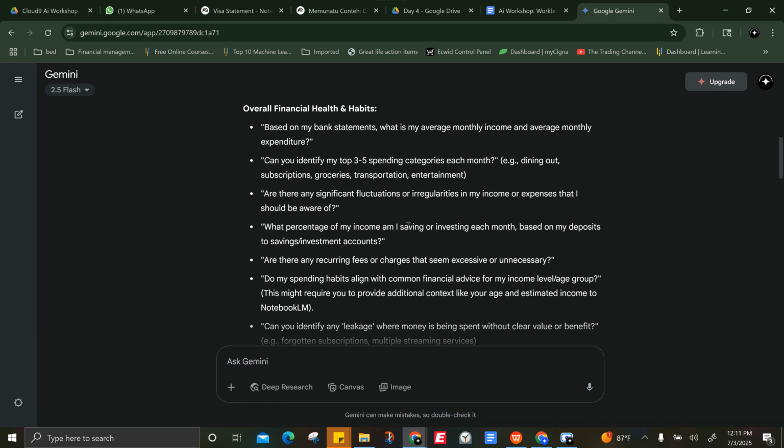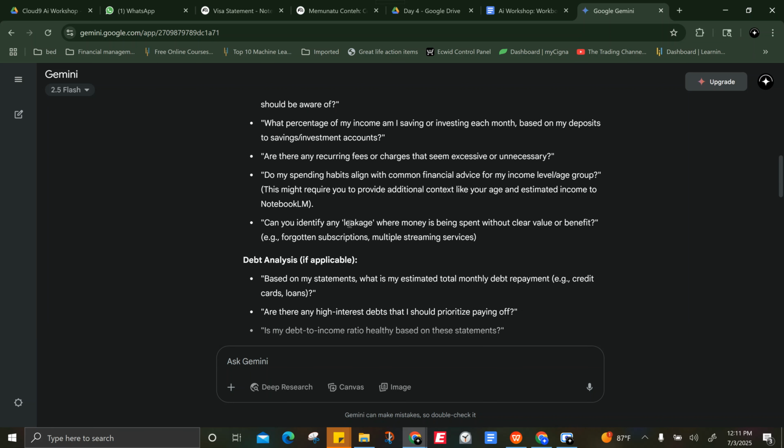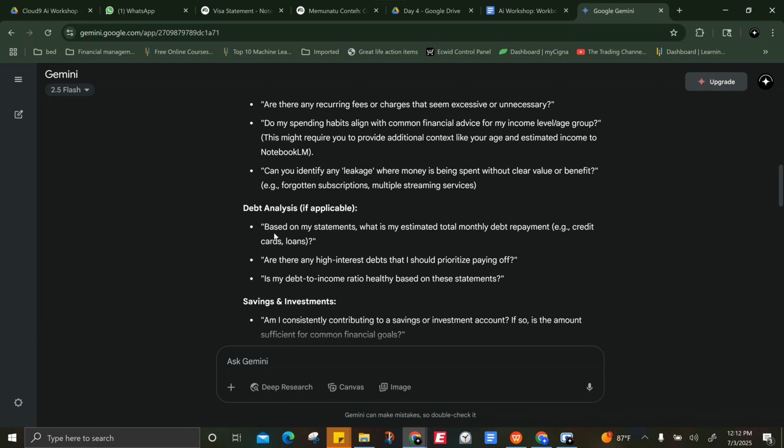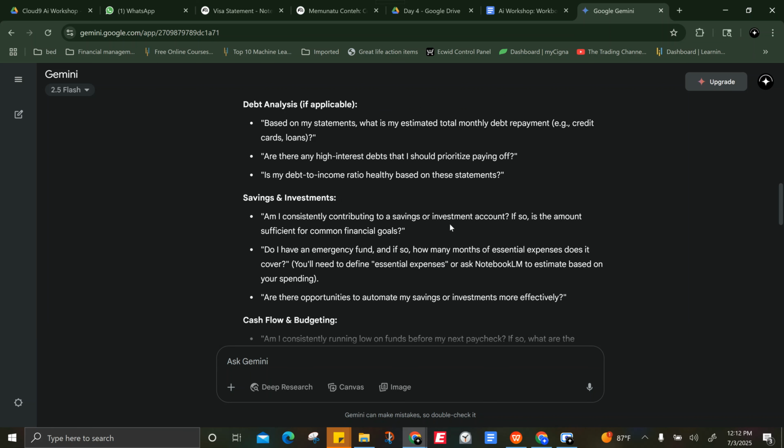What percentage of my income am I saving and investing each month based on deposits? This would be useful if you're trying to figure out how much you should save, and to help with your budgeting and your finances. Can you identify my top three spending categories each month, dining out, all of that? Can you identify any leakage where money is being spent without clear value or benefit? Oh wow! So you see, this is where you can just get